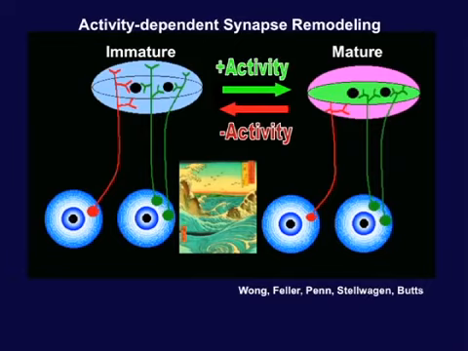So where is this activity coming from that we blocked during this early time in development to prevent the formation of the eye-specific layers? And again, to make a really long story short, many people have worked on this in my lab and also in other labs, including labs here at UC Davis. What we discovered is that early in development, the eye is sort of autodialing. It's spontaneously active. The ganglion cells are